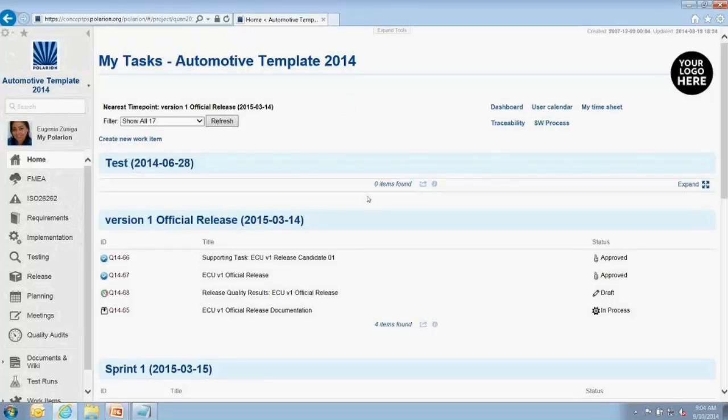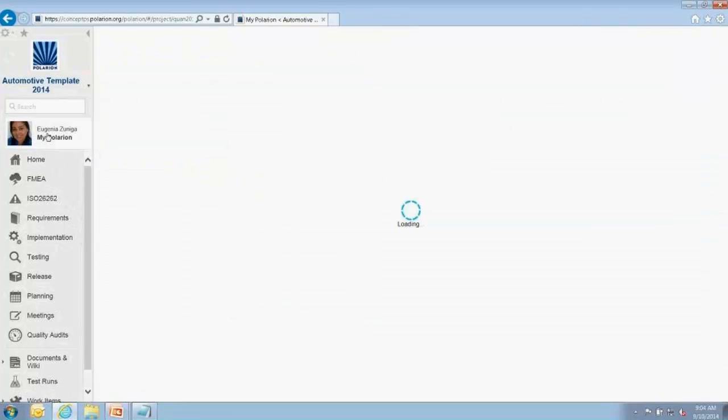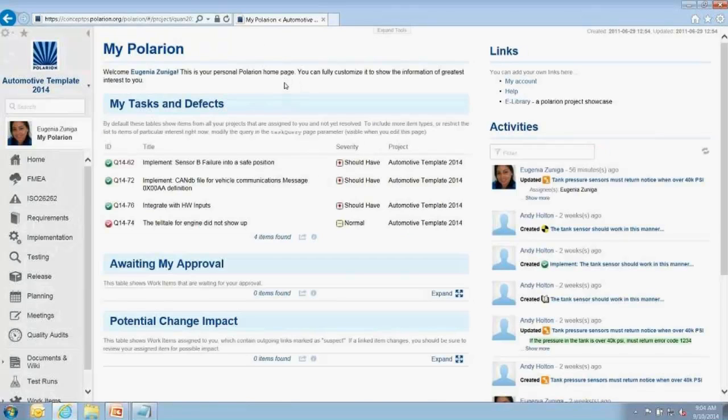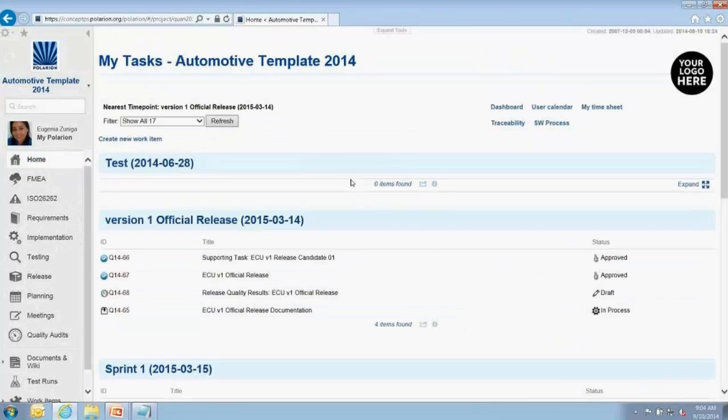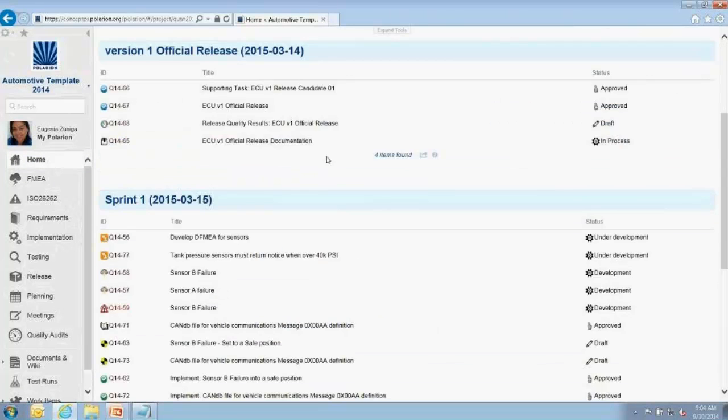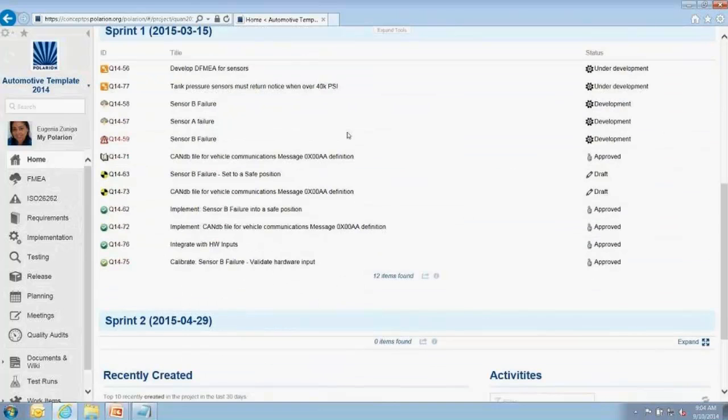So this is a very effective way to communicate. This is my homepage. I have my homepage, and then I have the global homepage. In the global homepage, I can have all my tasks and defects and everything that is assigned to me for any project. And then in the project homepage, I have the content for that specific project only. So I can be focused: okay, I need to do this, I need to do that. This is what is pending for me, and that's it. This is where I'm going to contribute.